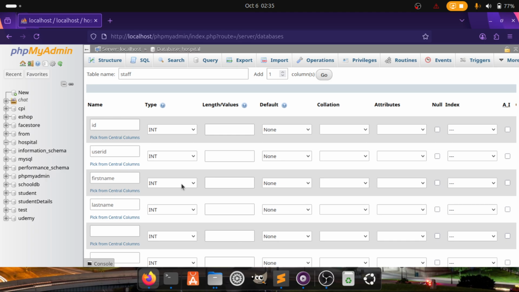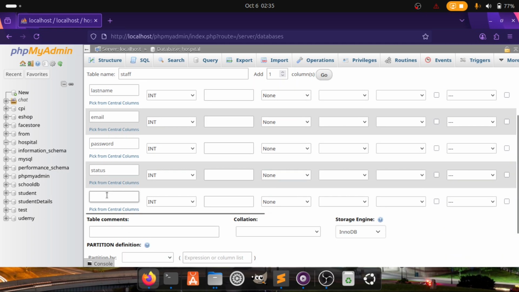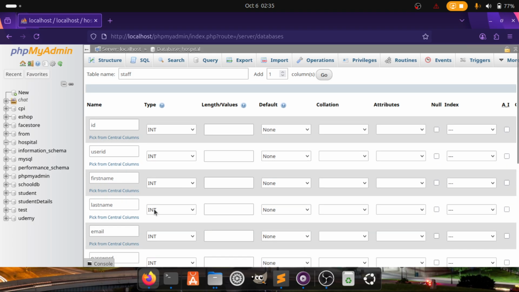So like you see here, they were added. So I want the email of that staff member. Also I want a password. Also I want to add a status of that staff member, and I want to add more columns. Click go there, and I'm going to add a date in order to see which date that staff member was registered. After writing a column name there,